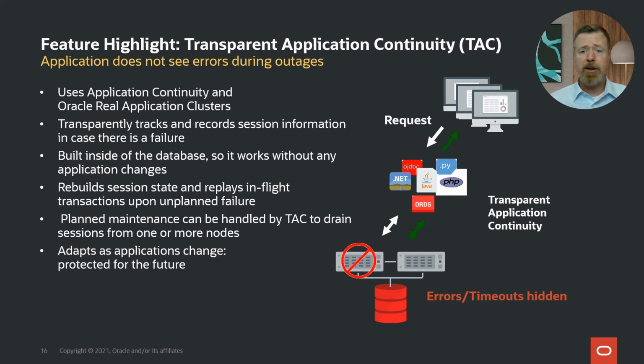It supports a whole bunch of different technologies: Java, .NET, PHP. You don't have to make any changes to the application. All you have to do is use the correct driver and have the connection string appropriately configured, and everything else is happening in the database. The Oracle database will take care of the rest for you, in both RAC as well as Active Data Guard, which we'll talk about later. This will turn a potential blackout event for the application, with all those transactions failing, into a simple brownout. There's a small performance hit, and then those transactions replay, and the result goes back to the application as you'd expect.